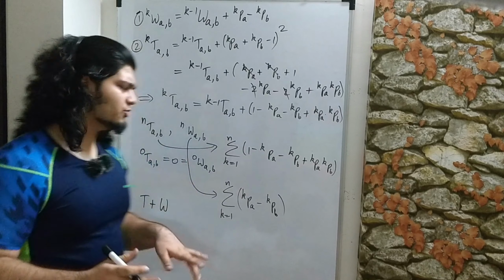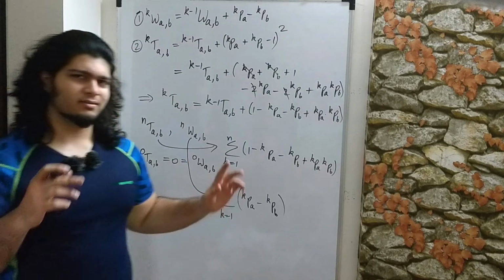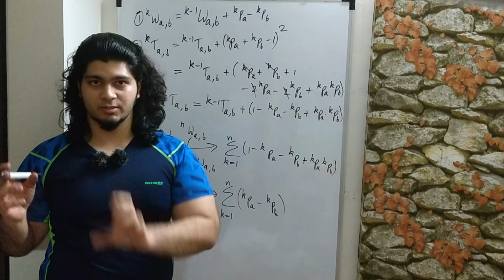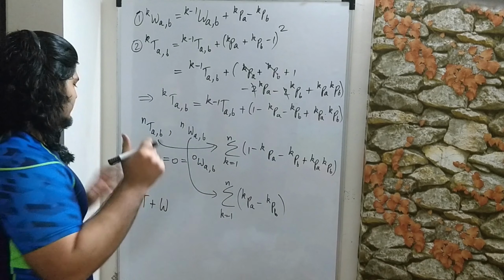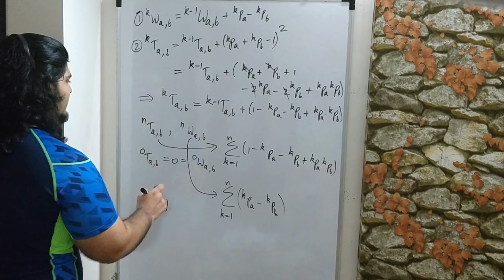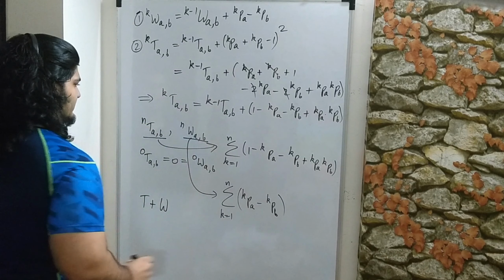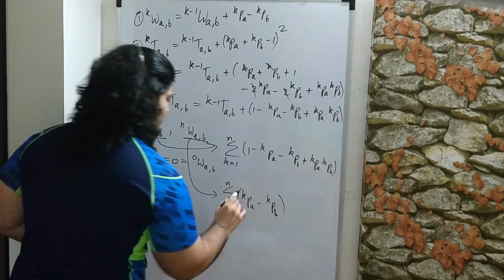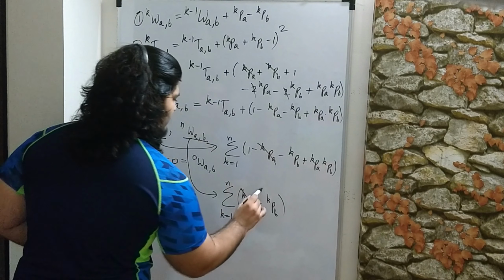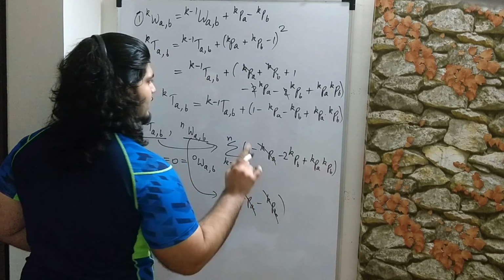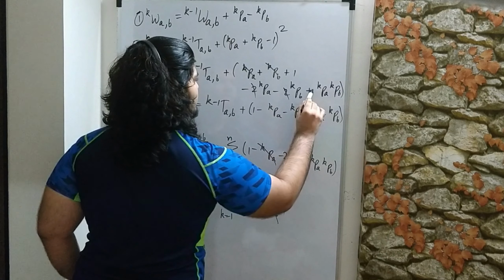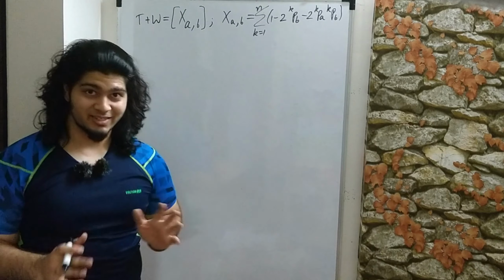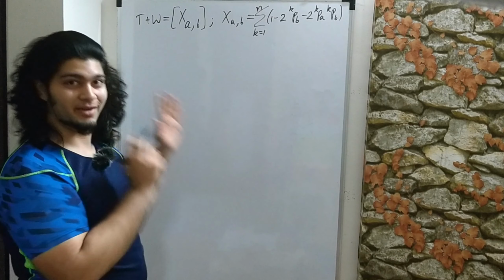So now we wanted to find T plus W, and the sum of two matrices is just the matrix containing the sum of the corresponding elements. So which means that to find this matrix, all we need to do is add this, and then we'll have the matrix. So now let's do that. If we add these, firstly this and this will cancel. This will become 2, and wait, I think I made a mistake. Yeah, this is supposed to be 2, 2 and 2 over here. So this is our final answer right here.